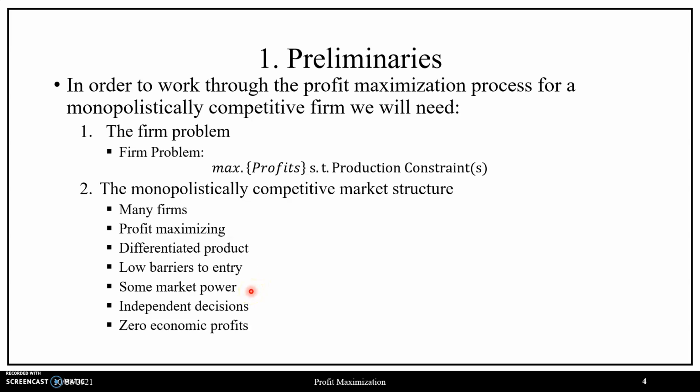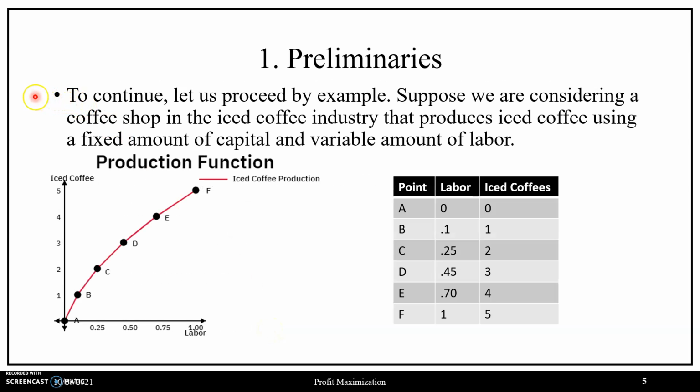Each firm has market power due to selling differentiated products, allowing for brand loyalty. Each firm makes independent decisions, and we will expect zero economic profits in the long run. With this information in mind, let us proceed by example, where suppose we are considering a coffee shop